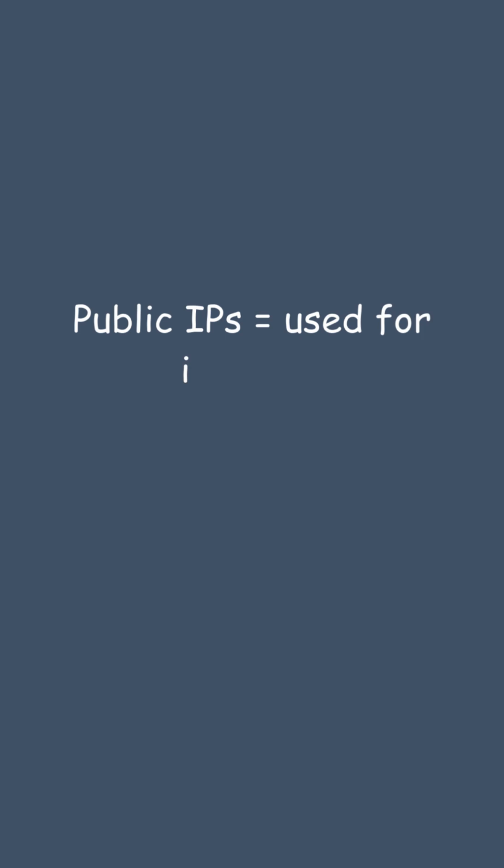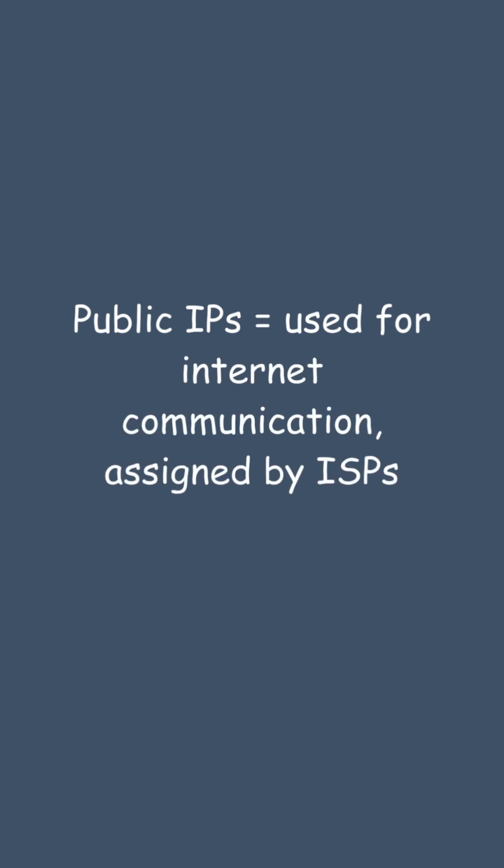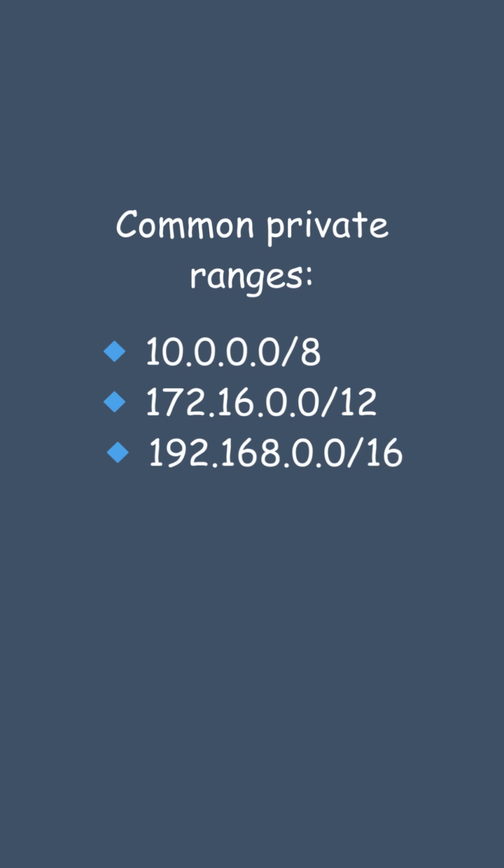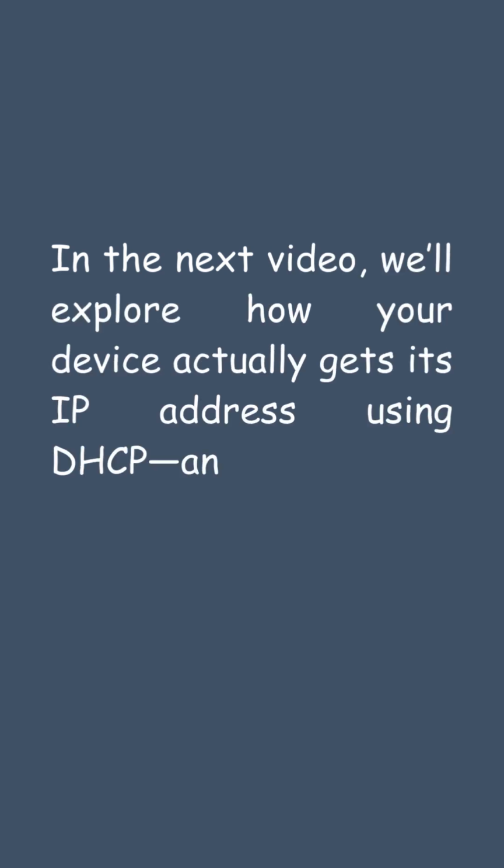Public IPs used for internet communication, assigned by ISPs. Common private ranges: 10.0.0.0/8, 172.16.0.0/12, 192.168.0.0/16. And that's it. In the next video, we'll explore how your device actually gets its IP address using DHCP